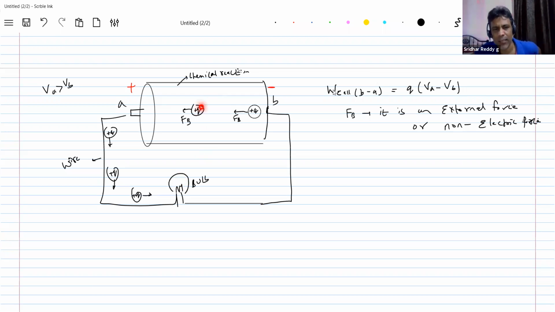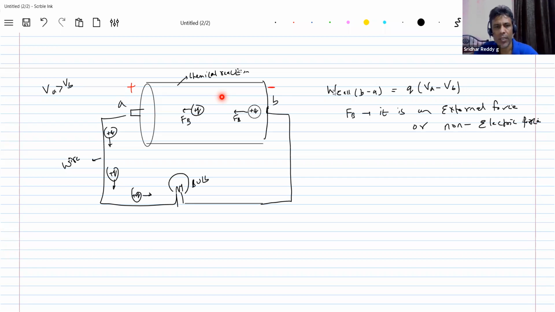So like this, the cell is converting its chemical energy into electrical energy. And the wire helps the charge to flow through it. Then the bulb takes the energy from the charge particle, converts that into heat, and further the heat is converted into light energy. This mechanism continues as long as the chemical reaction occurs. You know that for the chemical reaction to continuously occur, the reactants must be there. So will there be any lifespan for this cell? Yes, there will be.